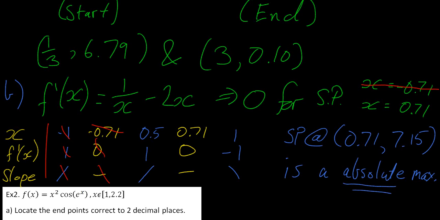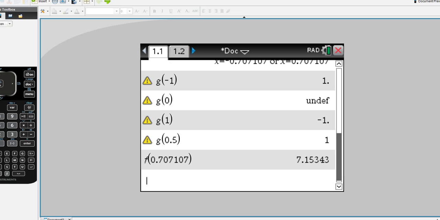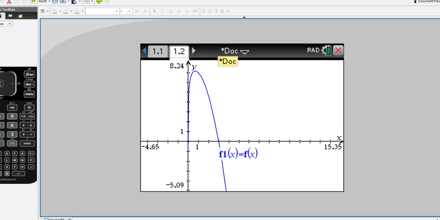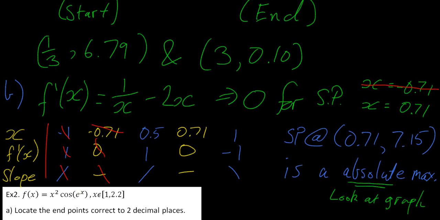So for this one over here, just look at your CAS. So just underline this in green. So you need to look at your graph or whatever's on your CAS. Okay. And so the absolute part, you have to do through observation, either from your handwritten graph or from your CAS graph. Okay, so let's move down here